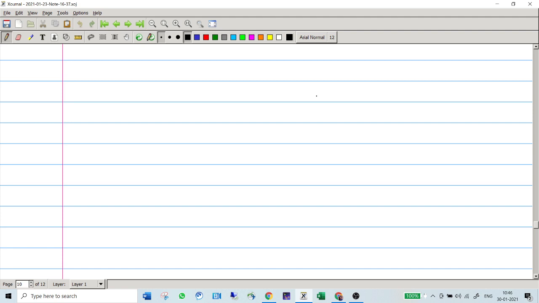Today we are going to discuss graphing in polar coordinates. So whenever you plotted the graph in the Cartesian plane, whenever you had the coordinates in the